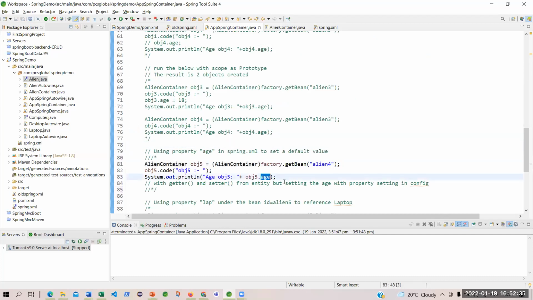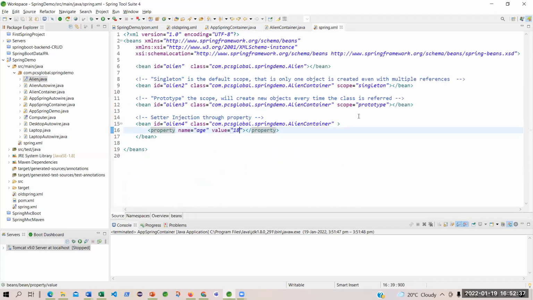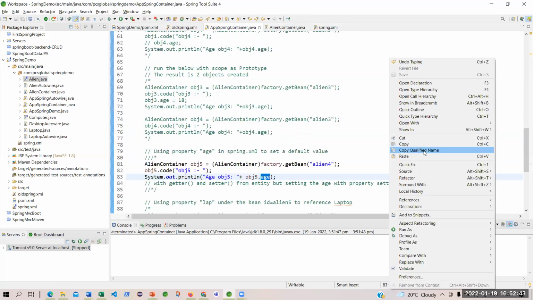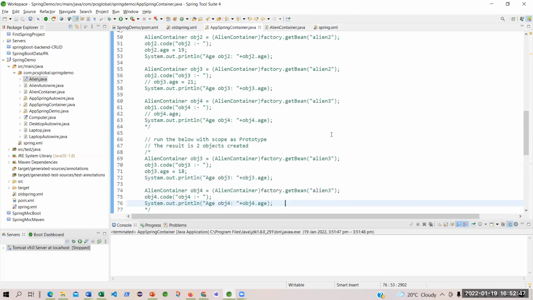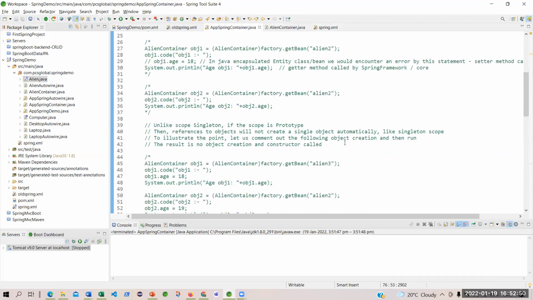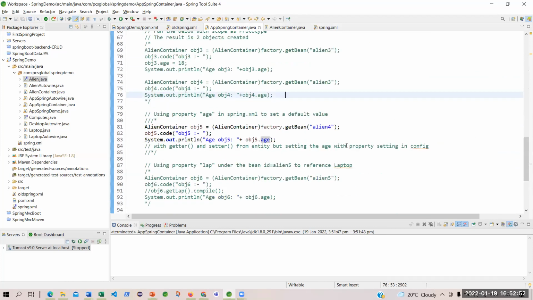I'm trying to access the age which has been set within the configuration file. Let me run this. Is there anything open? No. So only this part I'm working for. I'm using the setter injection, or property injection, you can say.